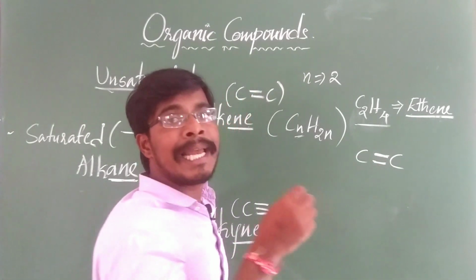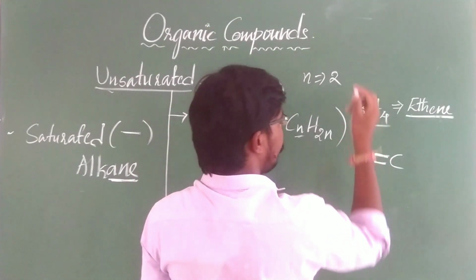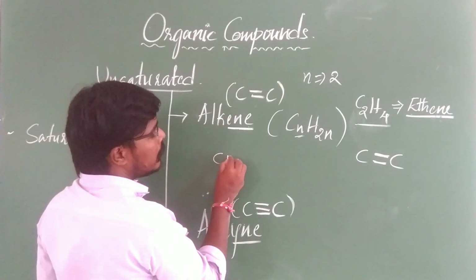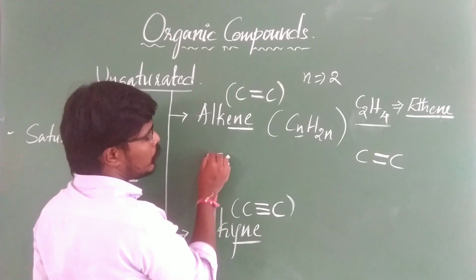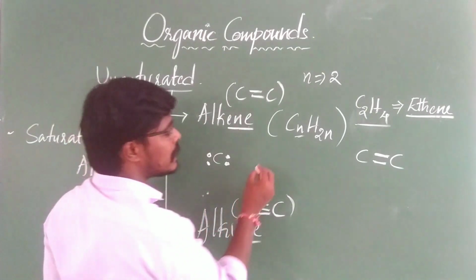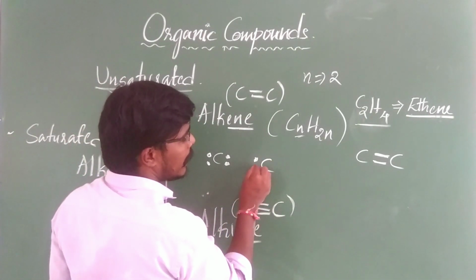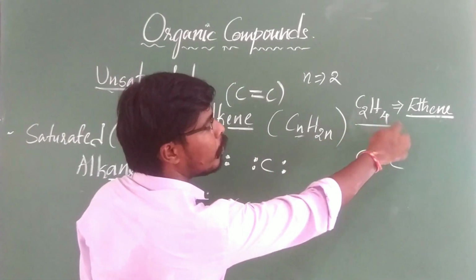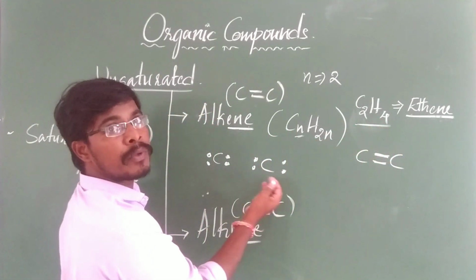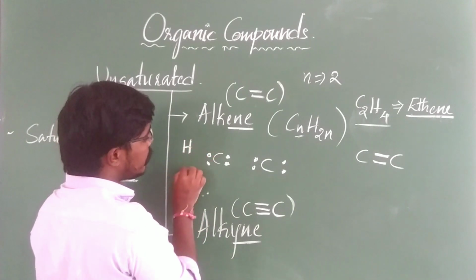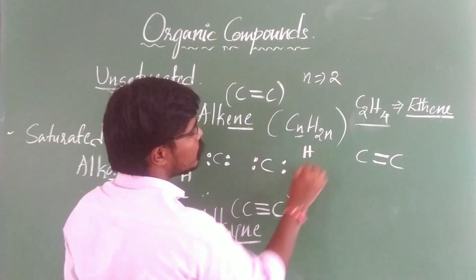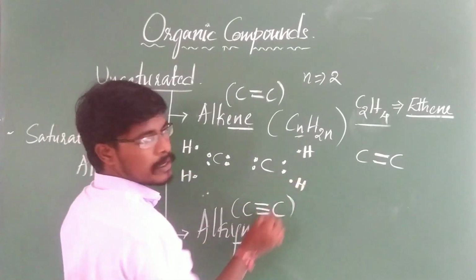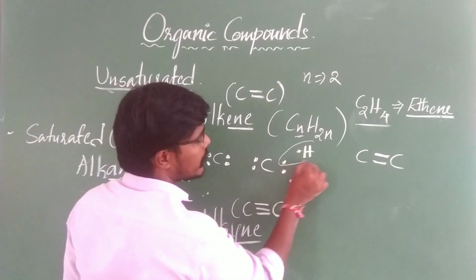Even by using the electron dot structure, if you take carbon with 2, 2, 2, total 4 valence electrons, here also carbon, and again 4 valence electrons. How many hydrogens are there? 4 hydrogens. On each side you give 2, 2. So here one hydrogen, here one hydrogen, here one hydrogen, here one hydrogen, which have single valence electrons. And hydrogen will share like this.